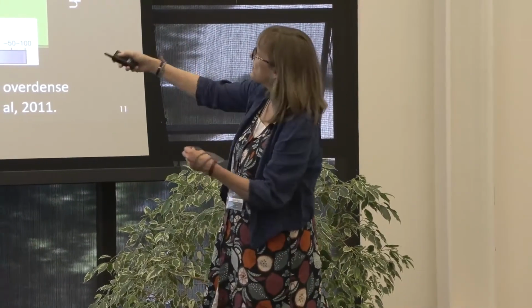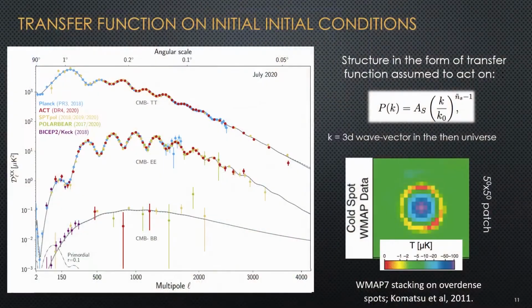Okay, and it turns out that the whole kit and caboodle can be described in terms of a transfer function. But to understand something that has undergone a transfer function, you have to have some kind of guess or parameterization about what it looked like before all of that acoustic oscillation stuff happened. And so we usually, being astronomers at heart, just assume there was some kind of power law that described it, so that there's a power function in terms of whatever densities existed in the universe that had this form, where